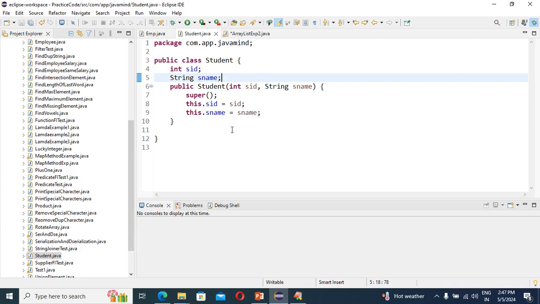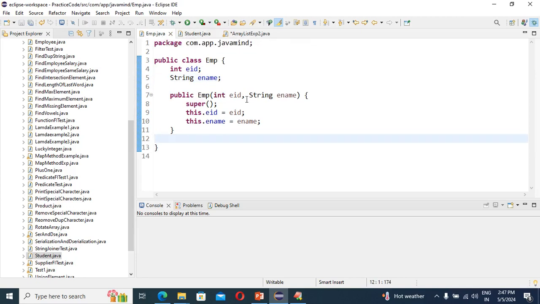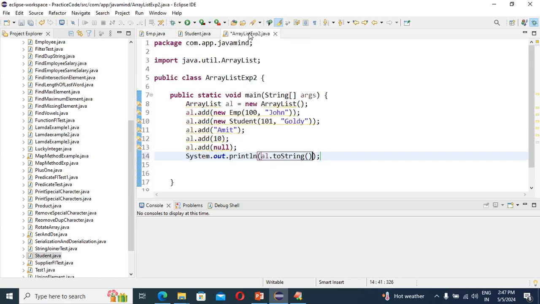For the student class and employee class, the parent class is the object class. So the ToString method of the object class will execute here. Got it? If we don't have a ToString method in the respective class, and the parent class is the object class, the parent class ToString method will execute,